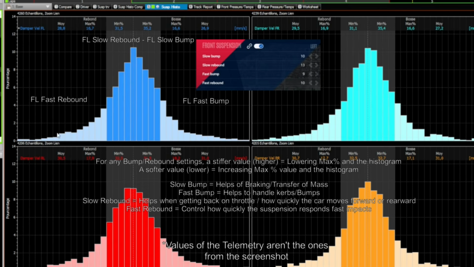Let's get into it. First of all, to have a great car driving wise, you need to have the best possible shape on these curves, which look like this. These curves mean the car handles perfectly over any type of bumps or inconsistent surfaces of the track, but that's also helping out on effects like transfer of masses during braking.